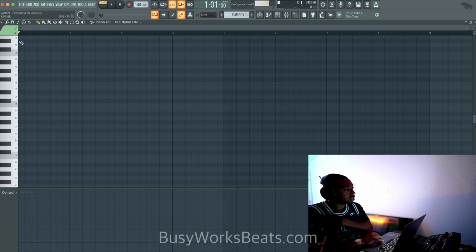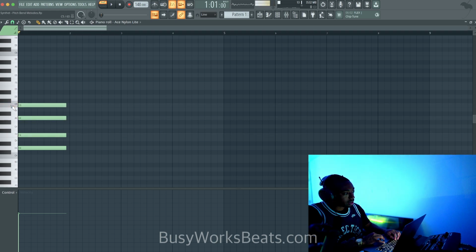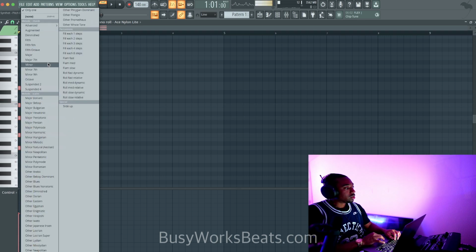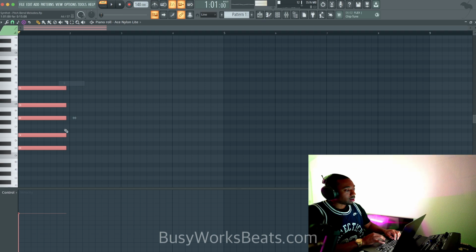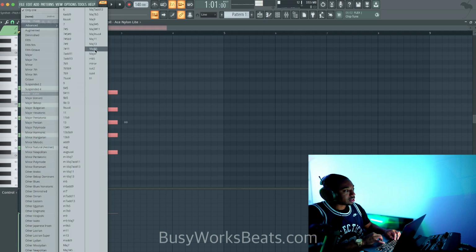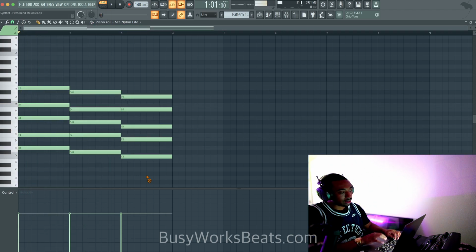Okay, and what we're gonna do is let's write a chord progression. Let's do D minor. Let's reset that. Let's do 2-5-1. So we're just gonna do D minor 9. Don't worry about memorizing this. Then we're gonna go to the chord stamp, go to advanced. We're gonna grab a dominant 9th chord, add that down a half step, and then we're gonna go to the chord stamp advanced, go to major 9th, and we're gonna add that at C. So out of 2-5-1, let's hit Control L.